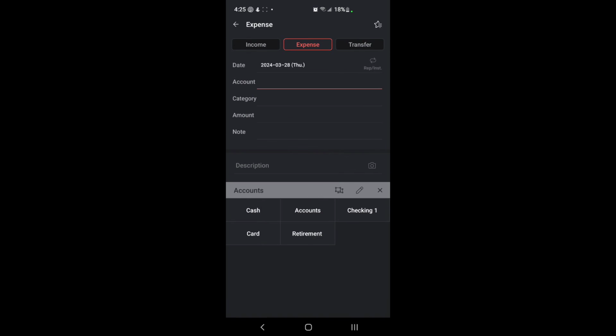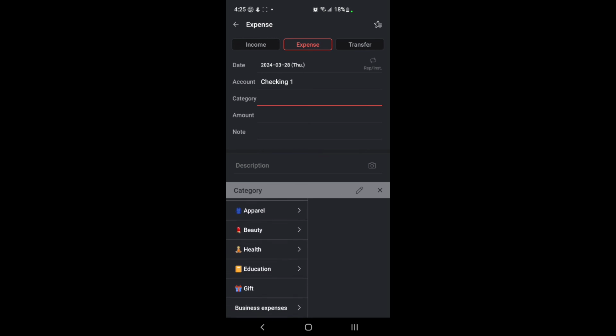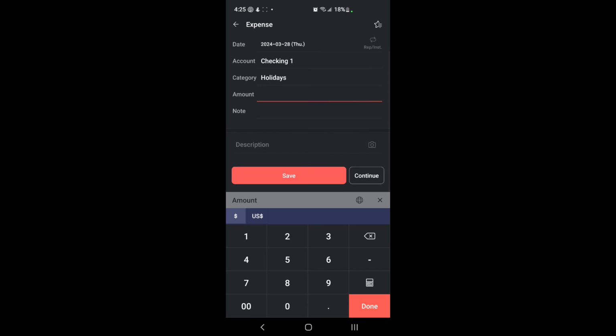Save, go back. Checking one, and the category is holidays. And then you could choose your amount. And let's say we're saving for our holidays as a special savings account, and we're going to take a holiday in